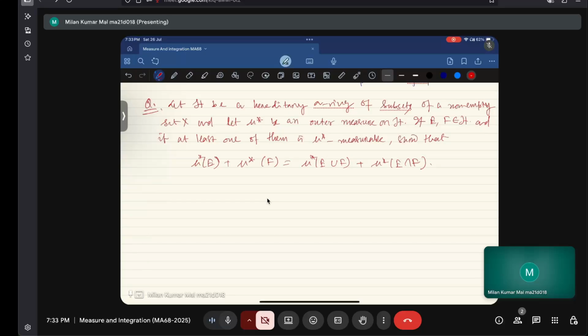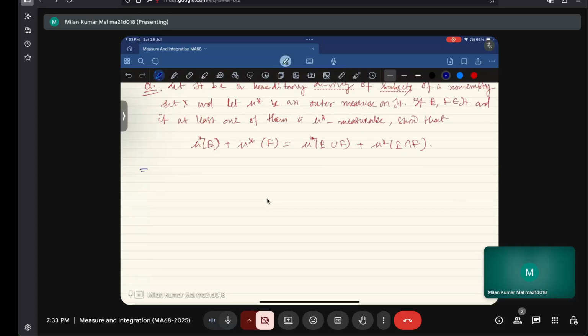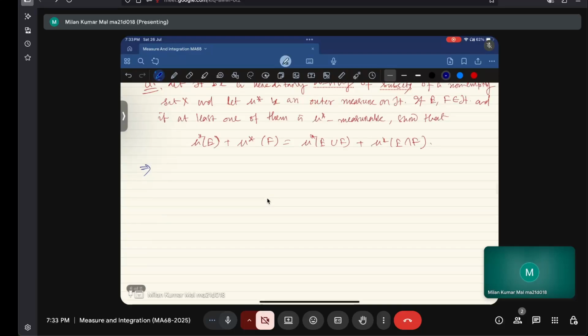Here is an interesting fact. The thing will be a little different here, but the previous thing will be used. First of all, what is a hereditary sigma ring? That we have to first look at. What is a hereditary sigma ring? A sigma ring H is said to be a hereditary sigma ring